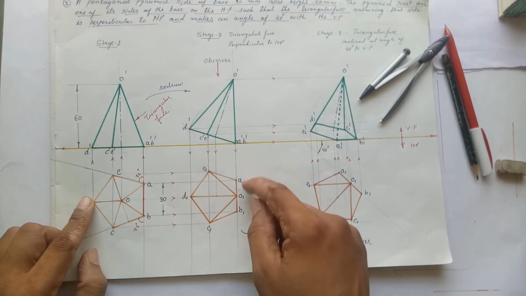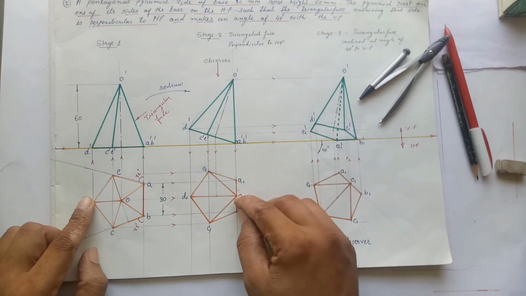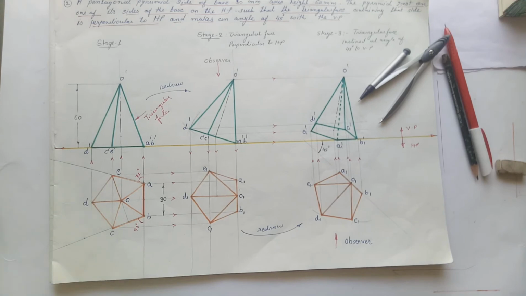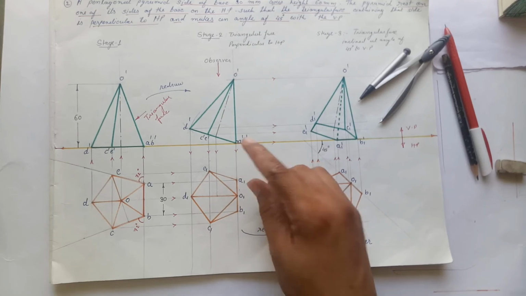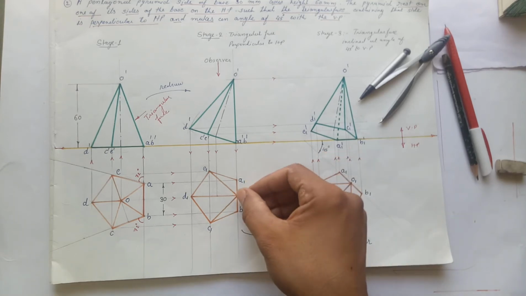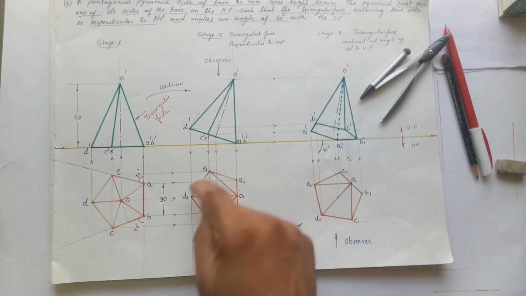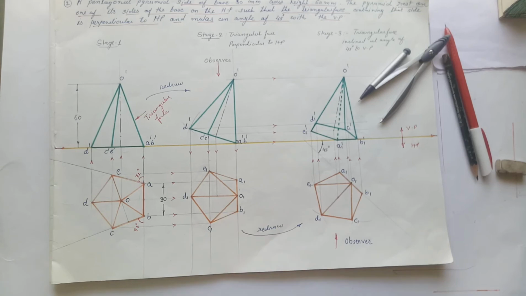Draw the plan. Base A, B, C, D, E visible. OE, OD, OC, OB and OA are the slant edge. Here we can say that the base edge AB is not going to be visible, it is hidden, but that base edge AB is hidden by the slant edge OA and OB. So we can say that in this case none of the base edge and none of the slant edge is going to be hidden. So this is the case 2 to draw the plan in the second stage.